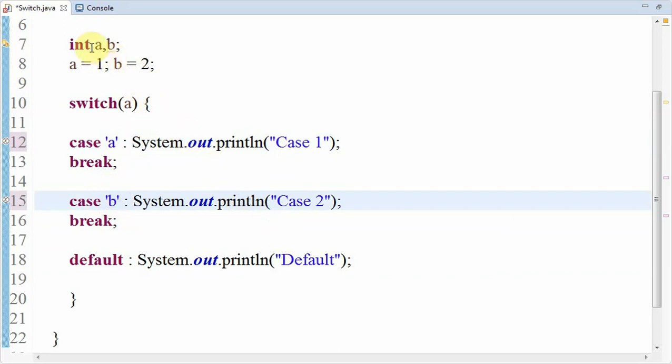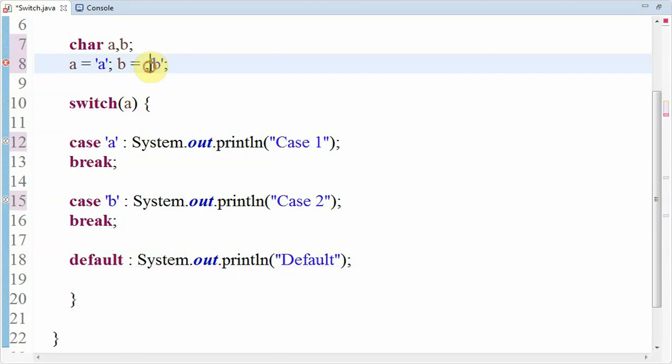So let us define char a and b, with the value a inside variable a and the value b inside variable b. Here we are trying to send a variable. So let's save it and execute it.